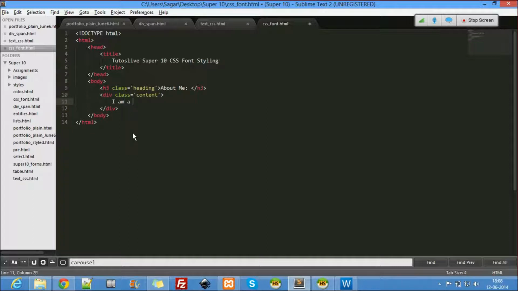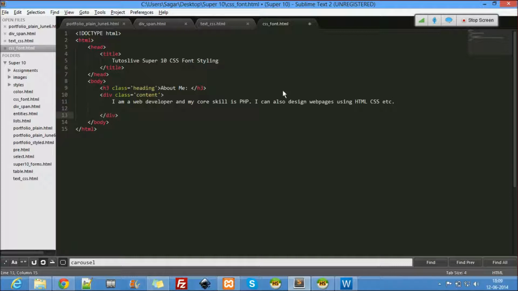I am a web developer and my core skill is PHP. I can also design web pages using HTML, CSS, etc.